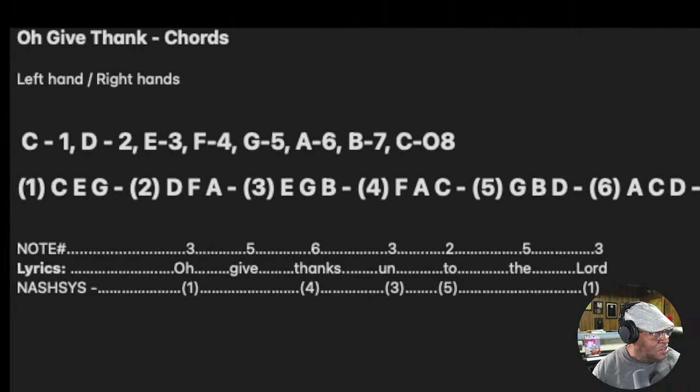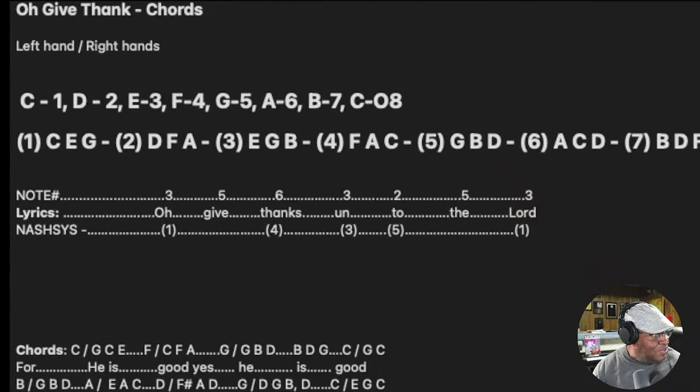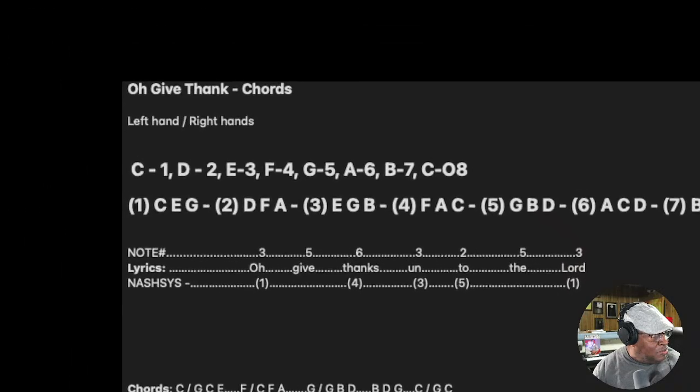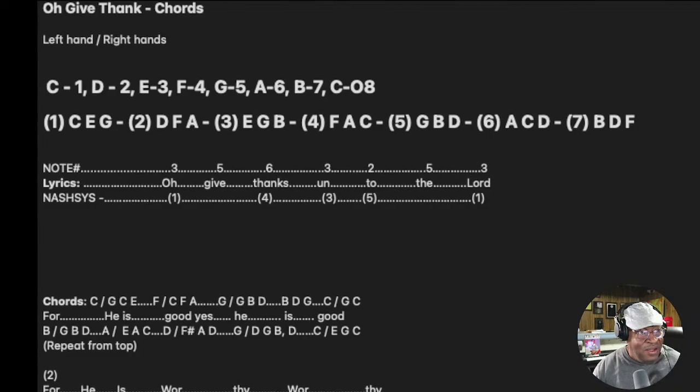Let me just change this. I'm going to have to upgrade this to stop changing on me while I'm using it. There we go. That's just a